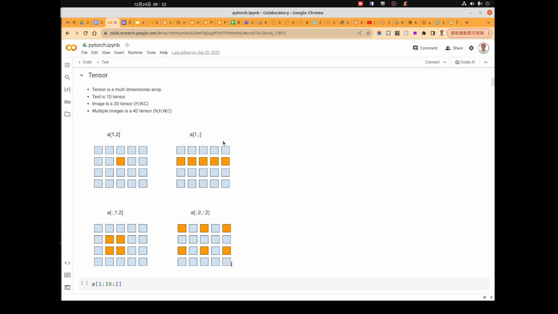This is new for Python, so please remember, we can write just a colon, which means the whole column, or we can write two numbers before and after the colon, like 1, 2.